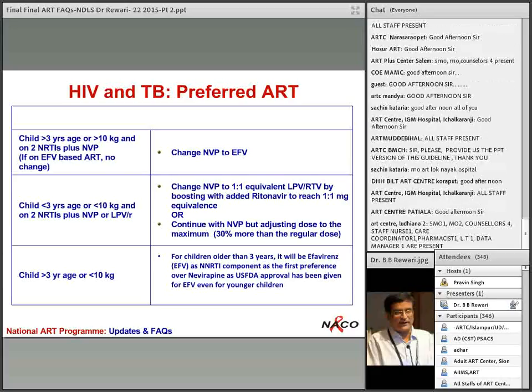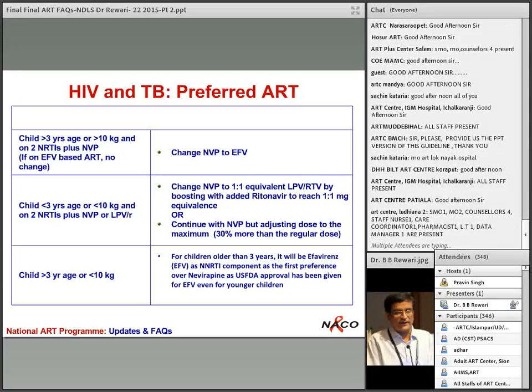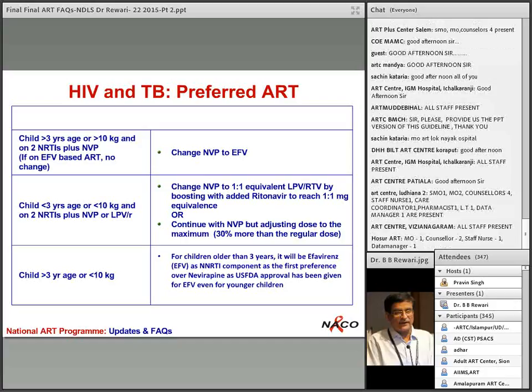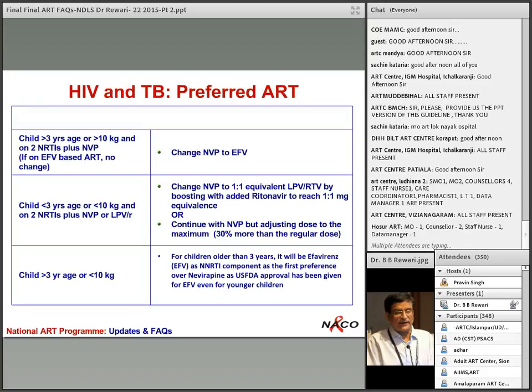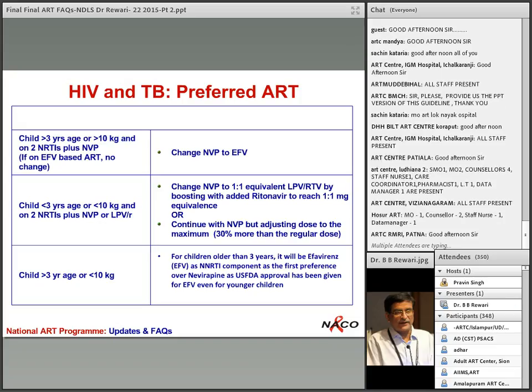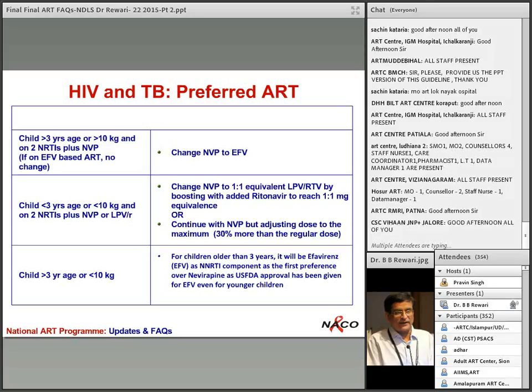But if a child is more than 3 years of age, more than 10 kgs and is on nevirapine, then you have to change nevirapine to Efavirenz. If child is less than 3 years, less than 10 kg, clearly Efavirenz cannot be used. The child has either to get a lopinavir ritonavir boosted with additional ritonavir, which might be difficult because ritonavir separately may not be available in syrup form. Again, in such, other than super boosting, the option is basically continue with nevirapine but adjust the dose to the maximum. That will be 30% more than regular dose,